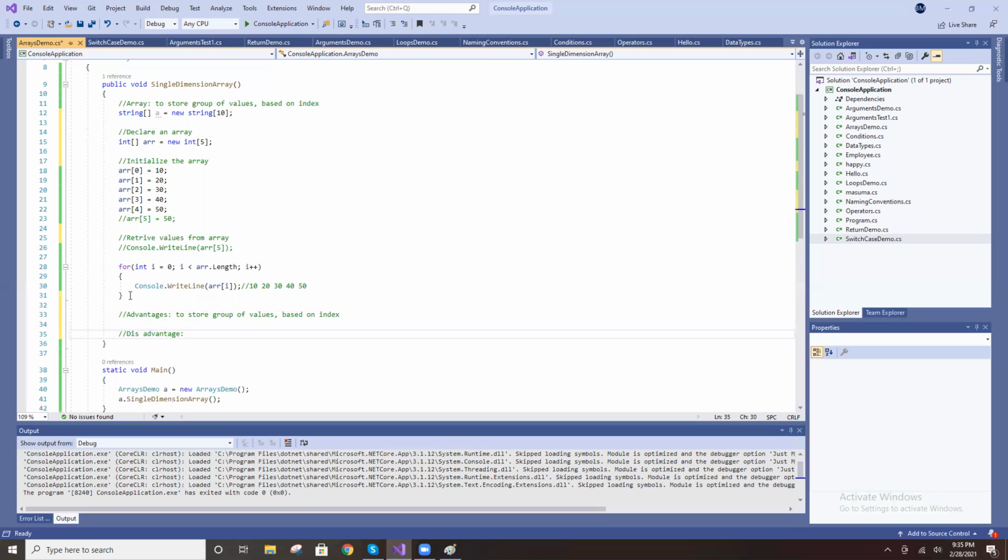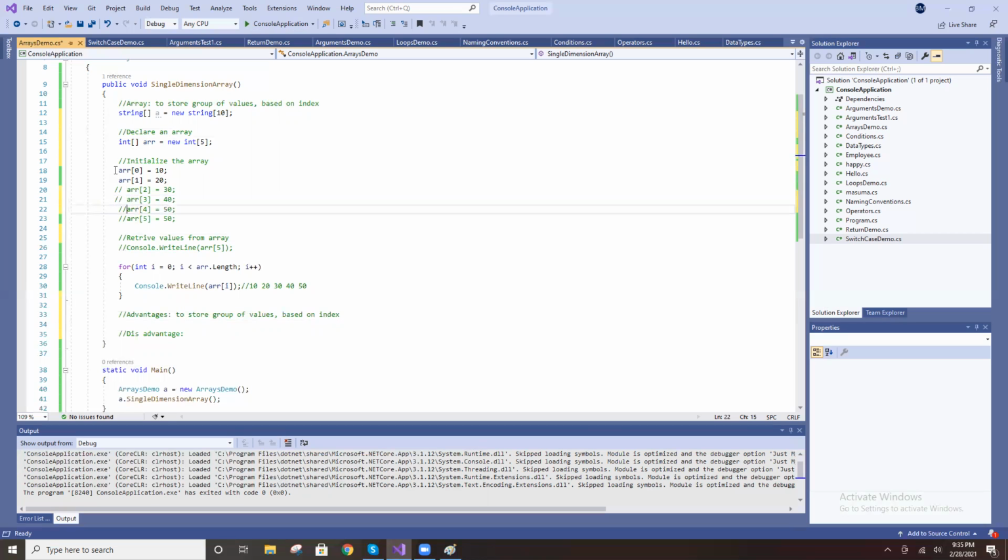Now tell me the disadvantage. The size is fixed, right? For example, the size is 5, fixed.